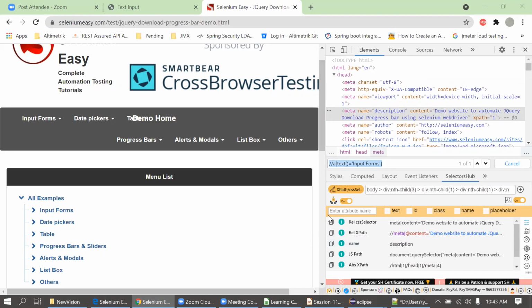Okay, then Ritesh asks: should we know how to create dynamic XPath like sibling, preceding, because they are a bit complex to identify? Yes, we can write our own XPath using preceding sibling and following sibling, and the same is supported in the plugin as well.